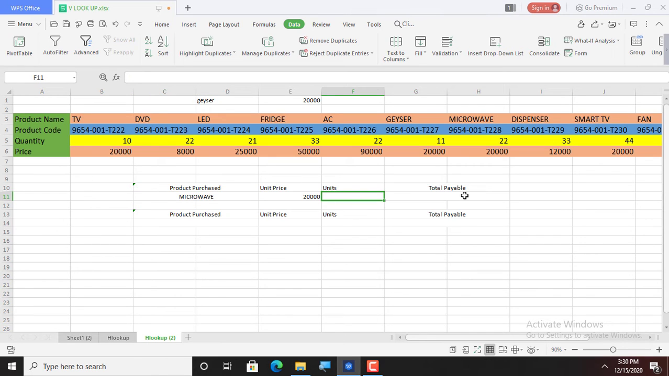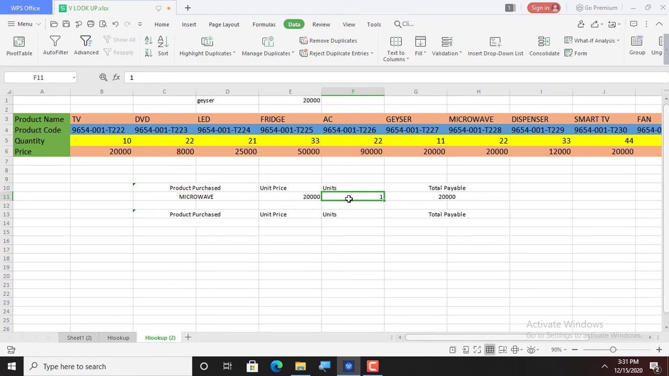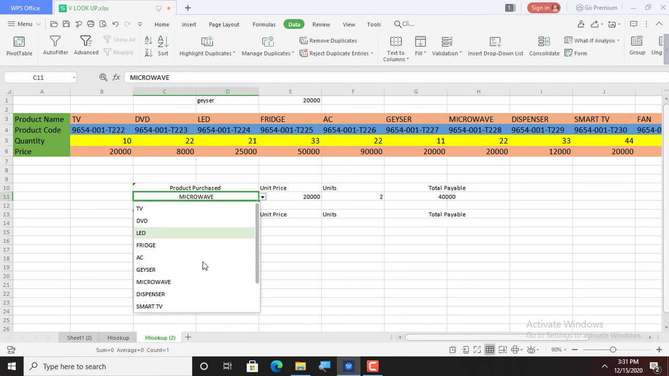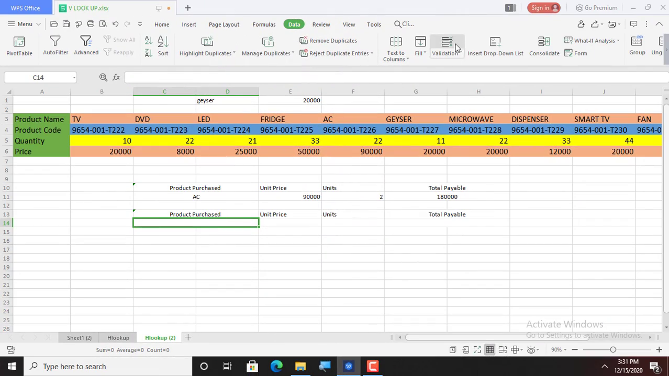So now if I'm going to calculate the total payable, multiplying the unit with the price, I will just simply press the equal to sign, select this cell, multiply with this cell and enter. 0 is because I haven't mentioned the unit. If I mention unit 1, it's done. If I mention units 2, it's done. And if I'm going to change the product from the drop down menu, it's going to calculate the price as per the product. So for creating a drop down menu, I just select validation in data